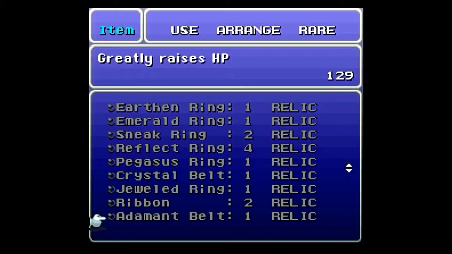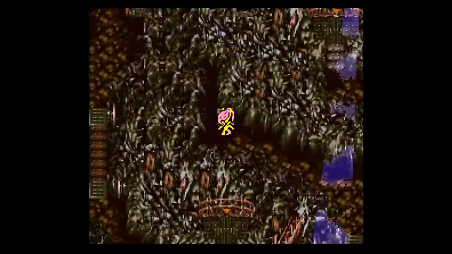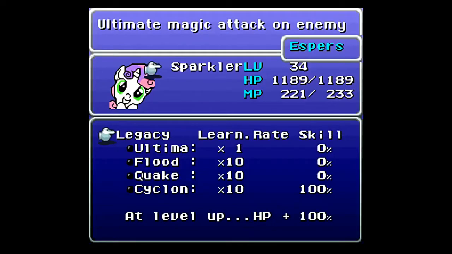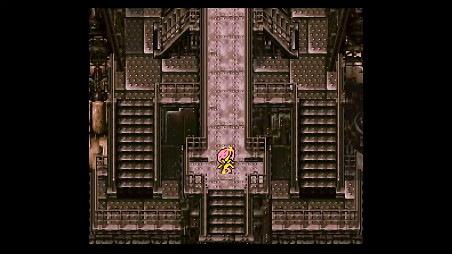I mean, if you really wanted a lot of these, you could just bet Holy Rings to get them. So... Oh, he gave us the Crystal Belt, which raises MP by 50%. So, yeah, it could be useful, I suppose. Especially if you're using Legacy. Oh, which reminds me. I mean, I could give that to Sweetie Belle, since she doesn't have Ultima yet. But at a rate of ×1, I'm not expecting to learn that while I'm here. So, whatever. This team's only going to be fighting one boss anyway, so...